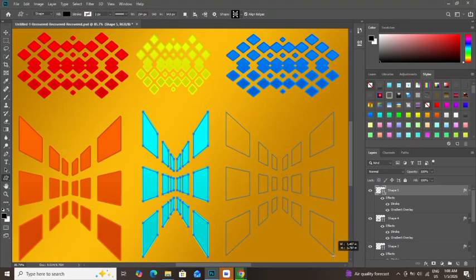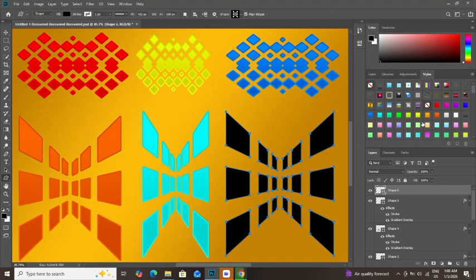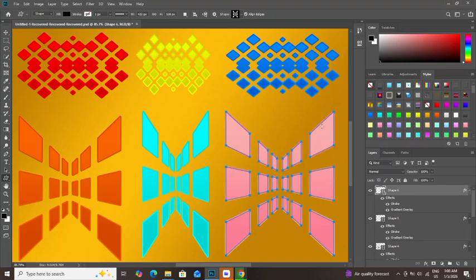Now I test different stroke widths to find the perfect balance. Finally I refine everything until